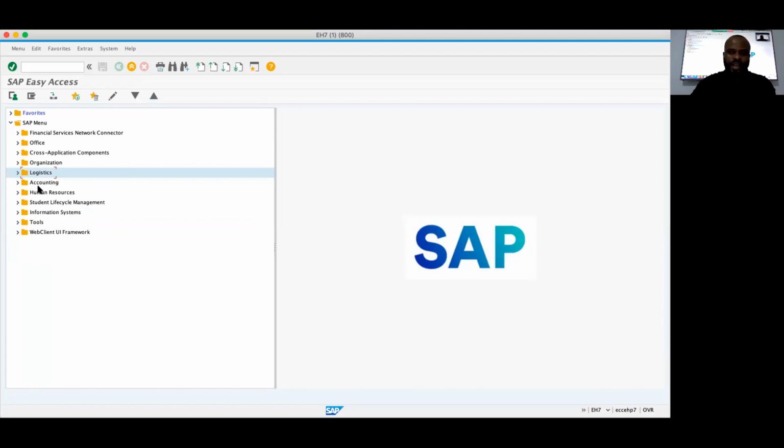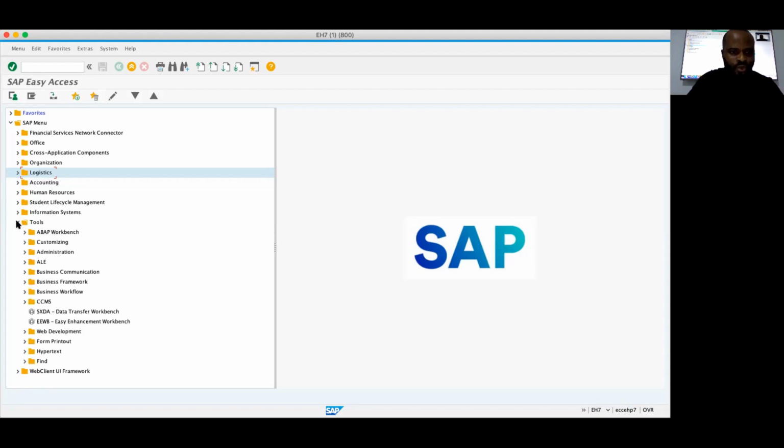For instance, financial accountants will have to go there to carry out some major configuration. Material management will do the same, and every other module has their section in that customizing area to customize their module. Okay, so let's see how we can get to that environment. To do that, from the SAP Easy Access screen, we can navigate through to tools, and then we go to customizing,